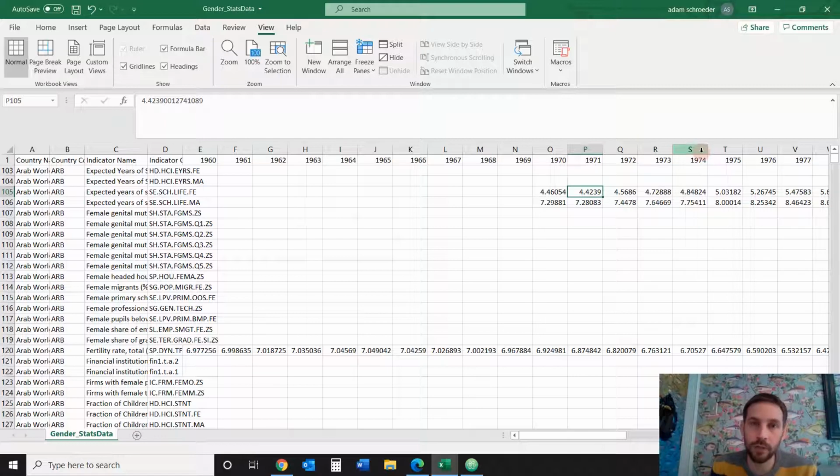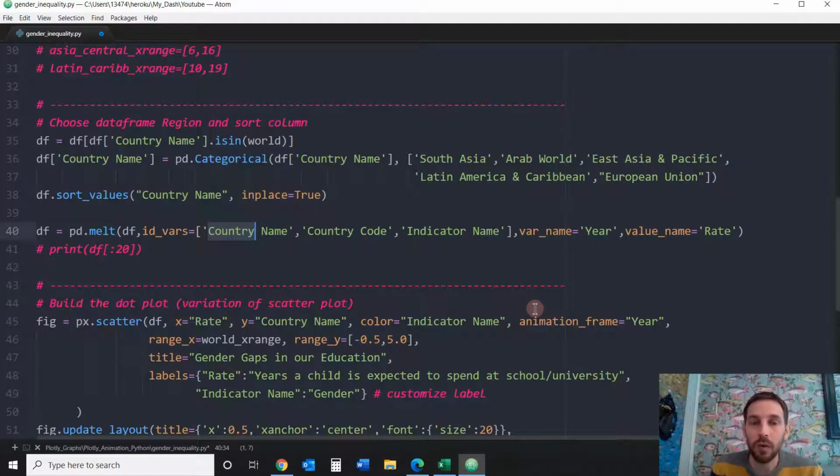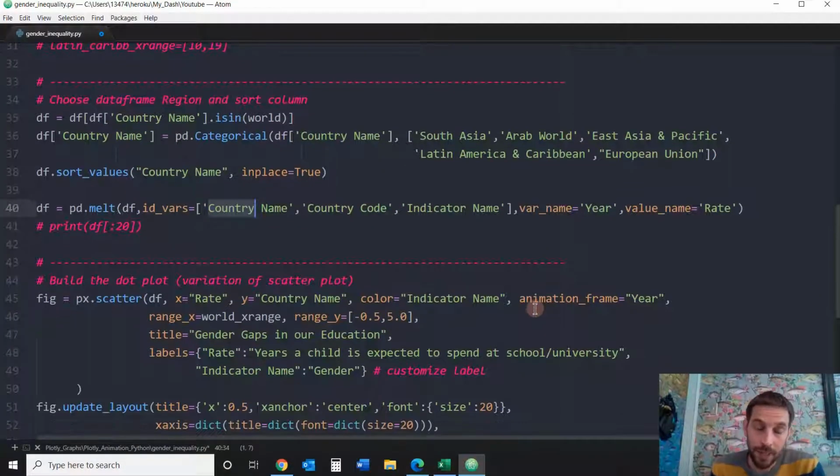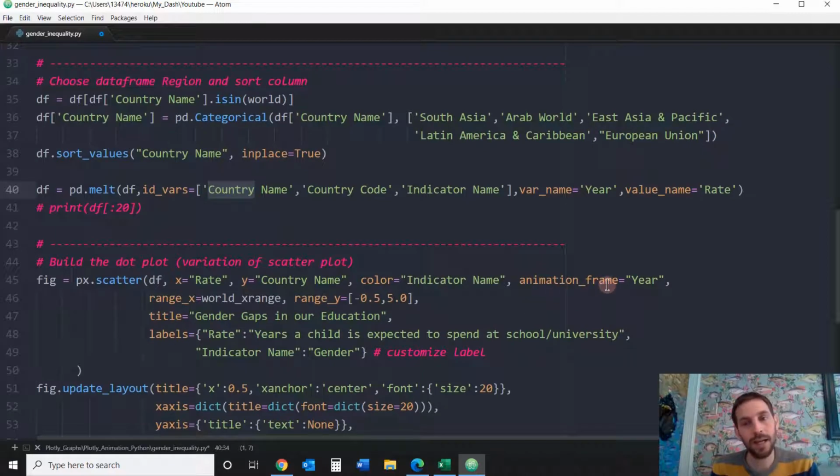That's like 28 different columns. We're going to put it into one column, and all those years are going to be distributed in rows. And the same thing with their values, their respective values are going to be distributed right next to them in rows as well. And I'm doing this because when I'm going to create the animated scatter plot, I'm going to